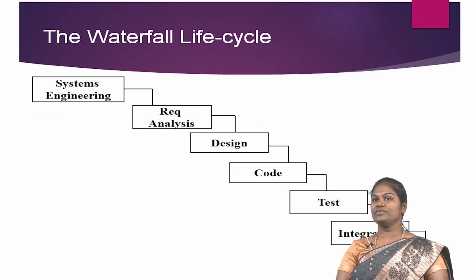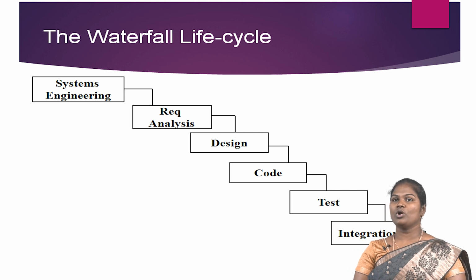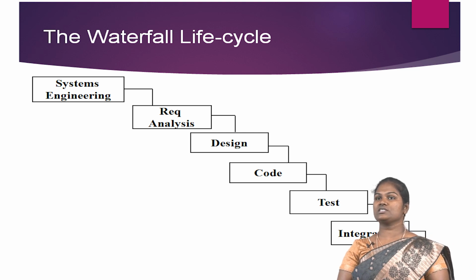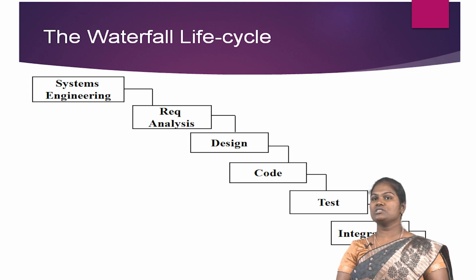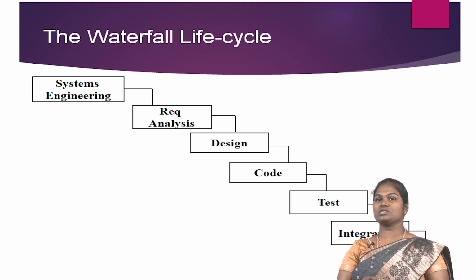Waterfall was the first formal life cycle. Within the waterfall methodology, each phase is completed before the next is started. Each phase produces products that are used in the next phase. It was developed in the early 70s when projects were simpler and smaller in scope. It ran into problems with larger products where all the requirements were not known prior to design or the requirements changed frequently. This life cycle methodology is appropriate only for small projects whose requirements are well documented and understood.